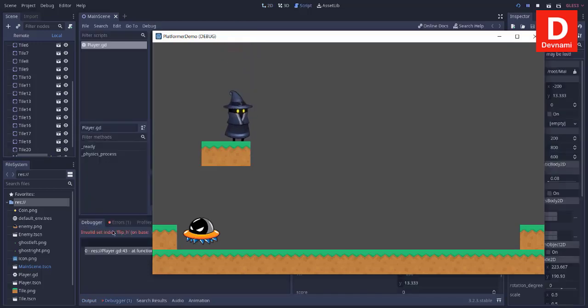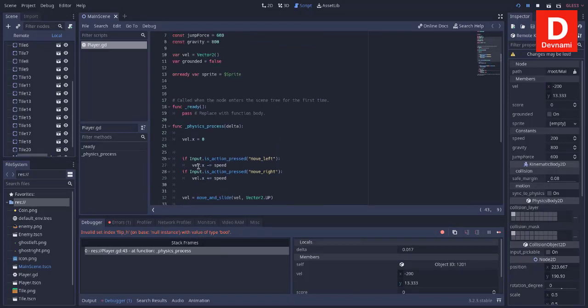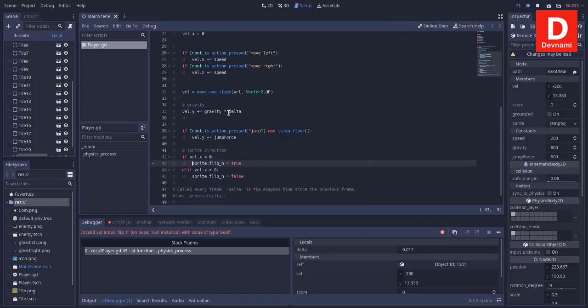Considering it is throwing an error, we will take a look at that. It says the sprite has the value of bool for this flip_h. So we have to look at this var sprite, which needs to be changed to this